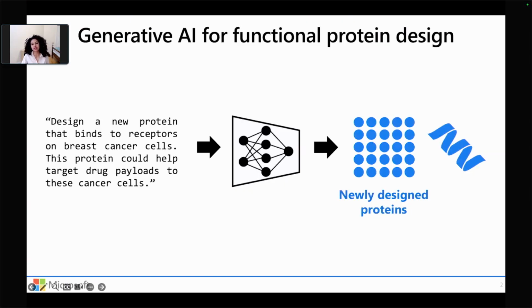And this is exactly the grand research challenge that motivated our work, where our vision is to build generative AI models to achieve functional protein design. Imagine the ability to specify a language prompt, say, design a new protein that targets breast cancer cells to help deliver drugs, and having a generative AI model that can create specific designs for candidate proteins that would meet that function.